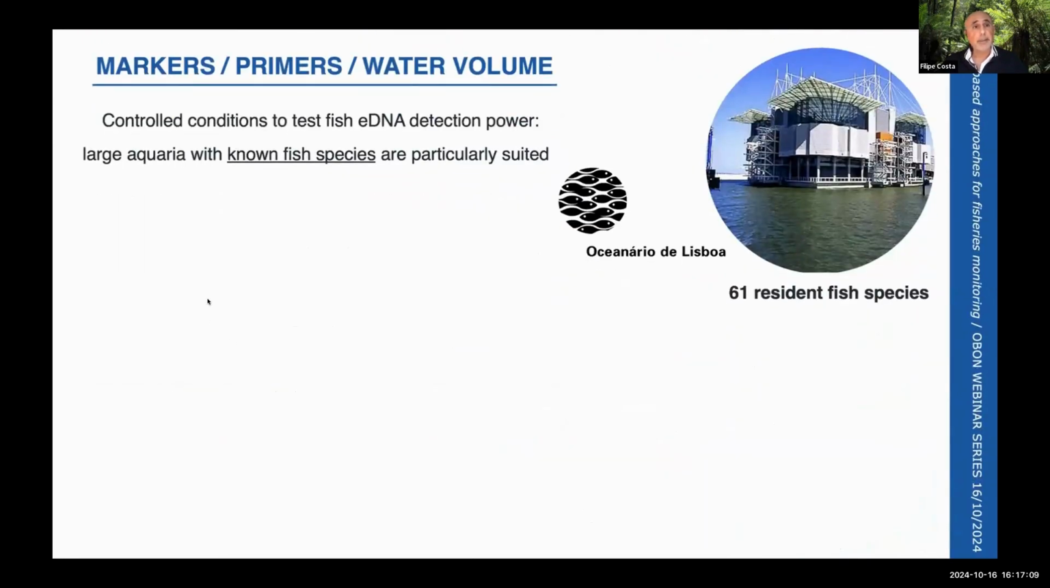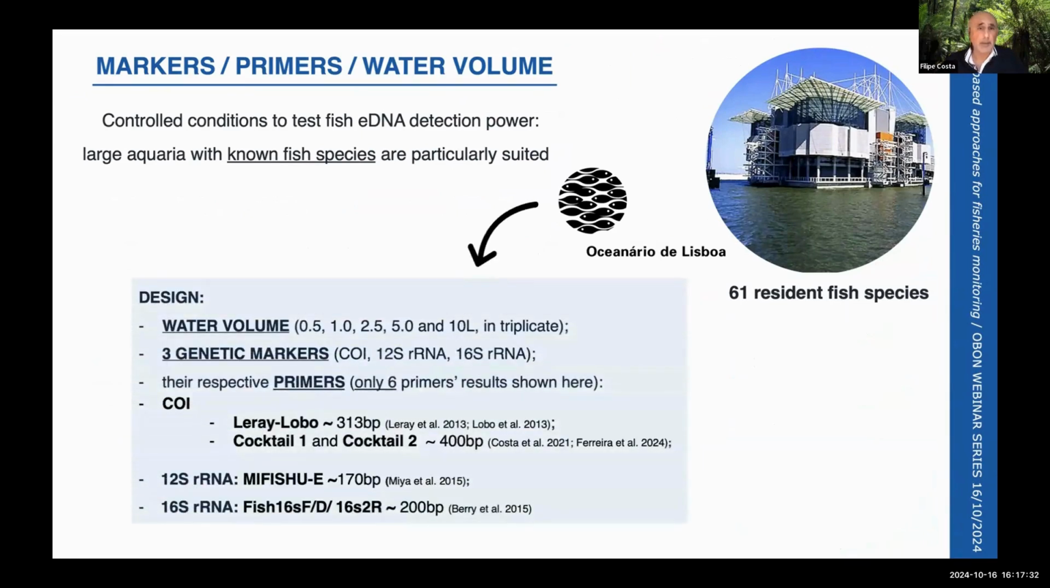Then we also looked at different markers, different primers, and different water volumes. For doing this, we made a partnership with the Lisbon Oceanário, which has a very big tank with 61 resident fish species, so it's particularly suited as a positive control for analyzing this type of analytical parameters that can affect the result. We looked at 5 different volumes of water, from 0.5 to 10 liters, in triplicate. And for each of these